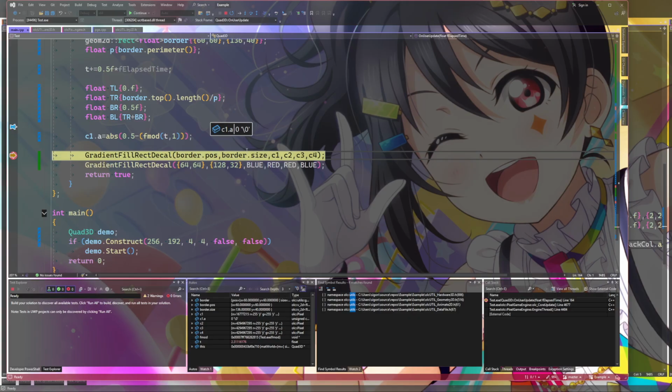If I just advance the frame a little bit to something random. Is t not going up? Oh, it definitely is. Why am I getting 0 constantly? How is this not working? Why is fmod not returning what it should be?